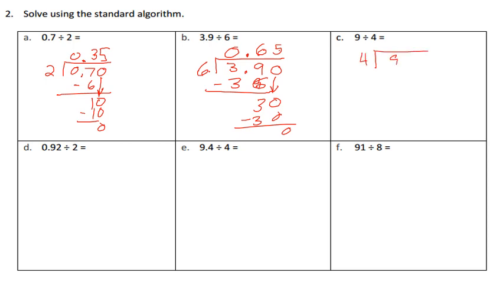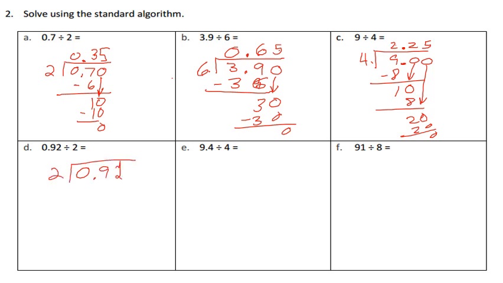9 divided by 4. And you know the decimal is right here after our whole number. 4 goes in 9 2 times. 2 times 4 is 8. We have 1. Bring down our 0. Now 4 is going to 10 2 times. 2 times 4 is 8. That leaves 2 remaining. Bring down our next 0. 4 is going to 25 5 times. 5 times 4 is 20 with a remainder of 0. So we're done. Down to D, we have 92 hundredths